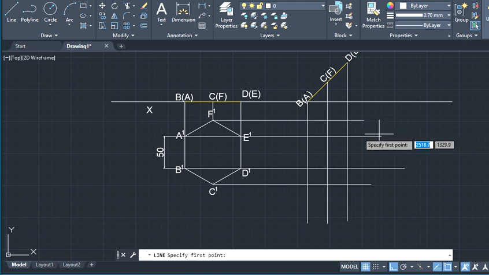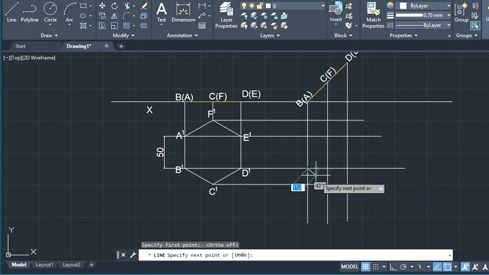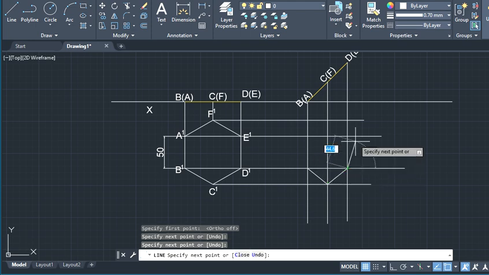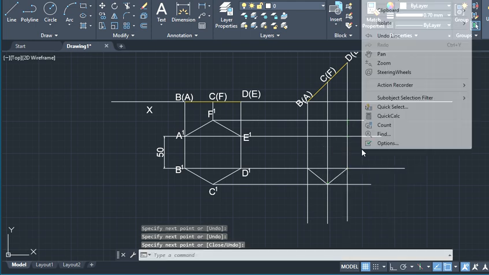Now just join A, B, C, D, like this: A to B. Then make your ortho off to connect this one, not this one, yes, there. Then this one, then once again enter, repeat the line,